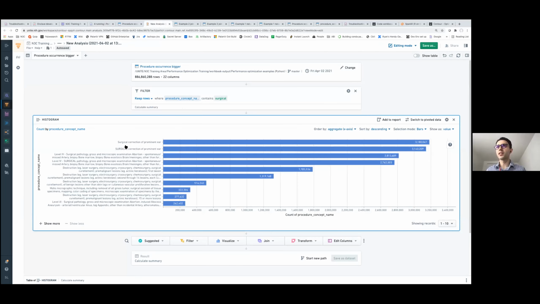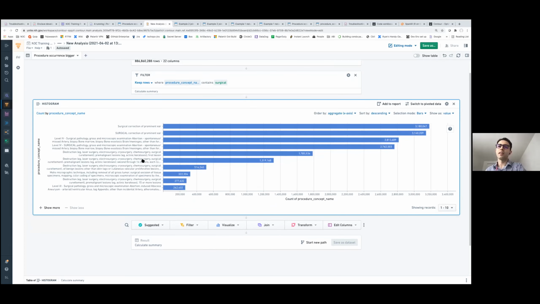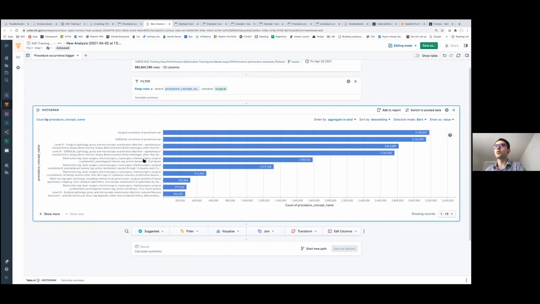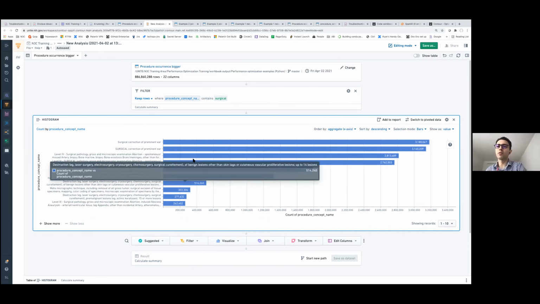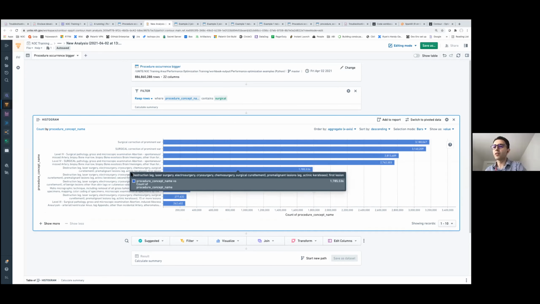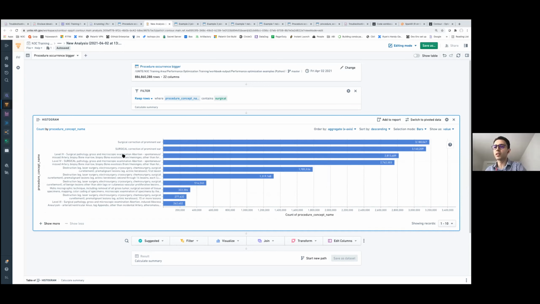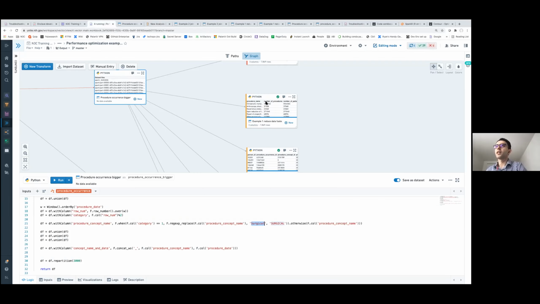So as you can see here, I have things like surgical in lowercase and surgical in all capital letters, and they essentially mean the same thing. So you will benefit a lot if you know your data and you do some basic exploration in Contour, for example, you explore your values and you see that a lot of values are the same, but they're spelled differently. You will gain in performance by harmonizing these values.